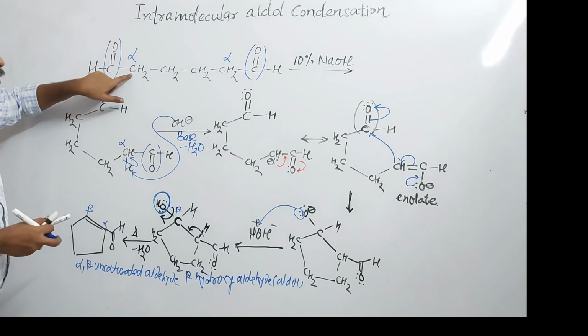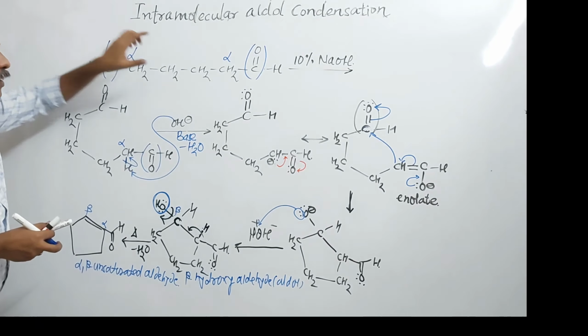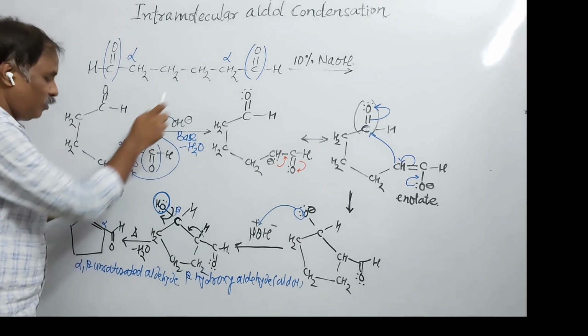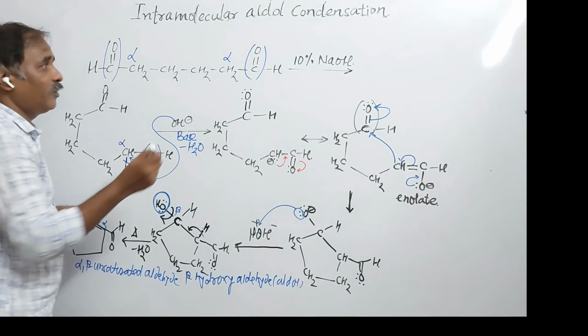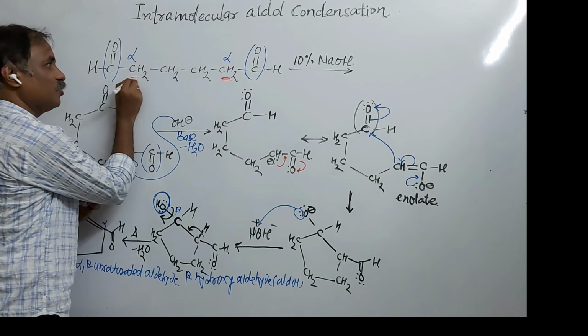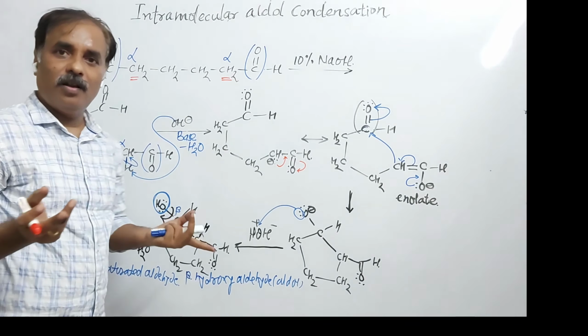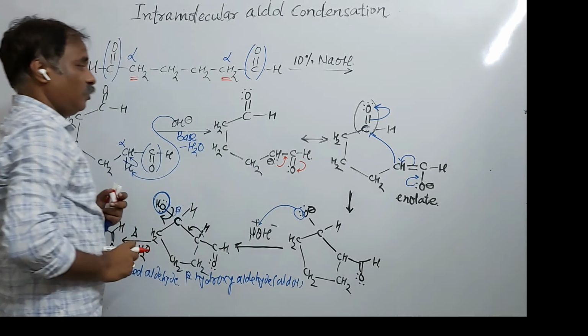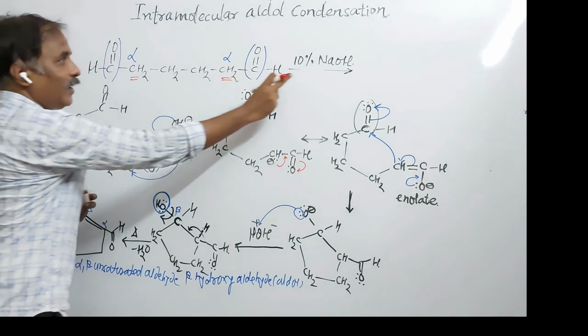Here is the alpha carbon with respect to this aldehyde group. Here is an alpha carbon with respect to the aldehyde group. On both alpha carbons, acidic hydrogens are there. Here two alpha hydrogens, here two alpha hydrogens. The condition for aldol is that an alpha hydrogen is required. Reaction with base. So the base will take an alpha hydrogen either from this alpha carbon or this alpha carbon. Both are identical. Say, this alpha carbon. Here it is like this.